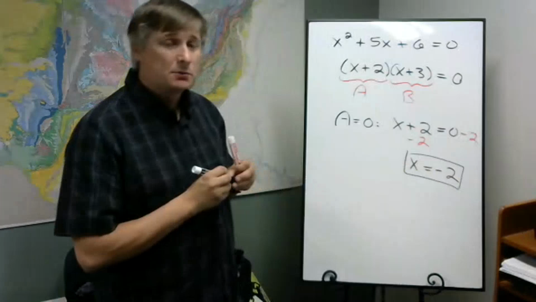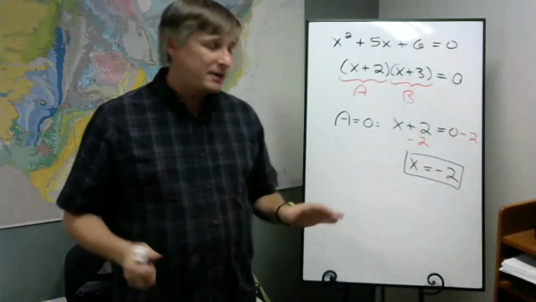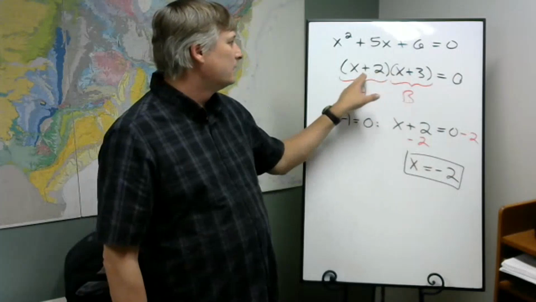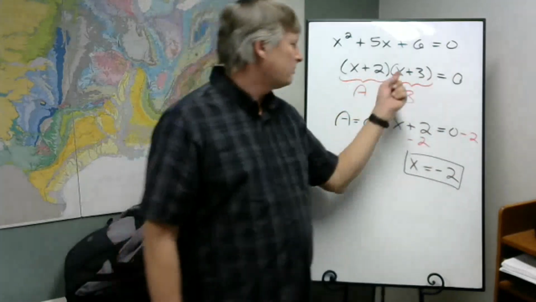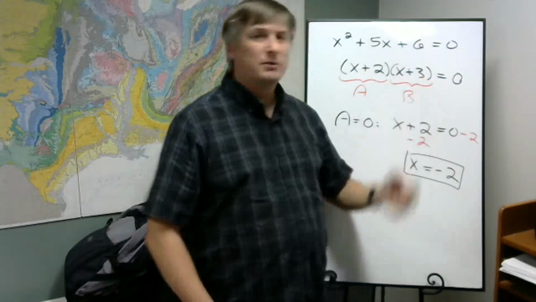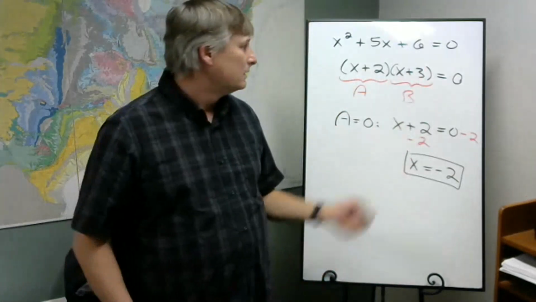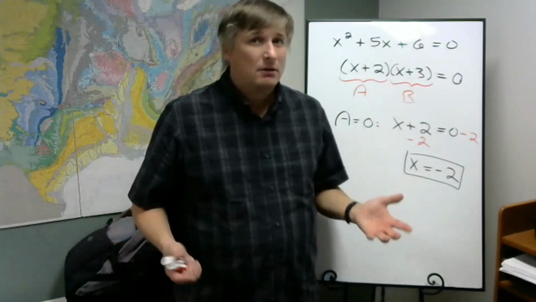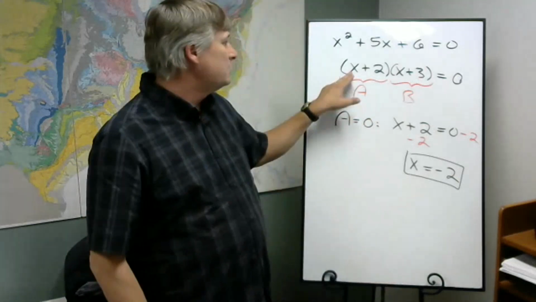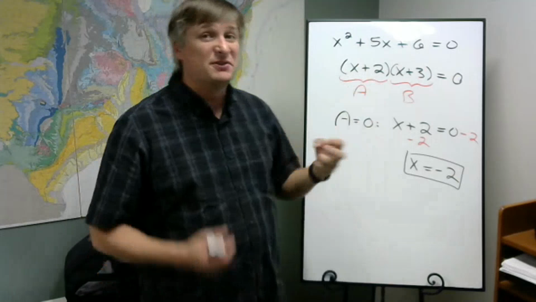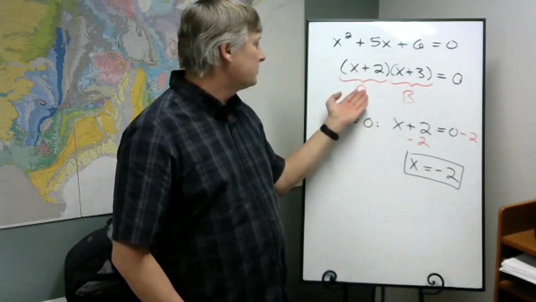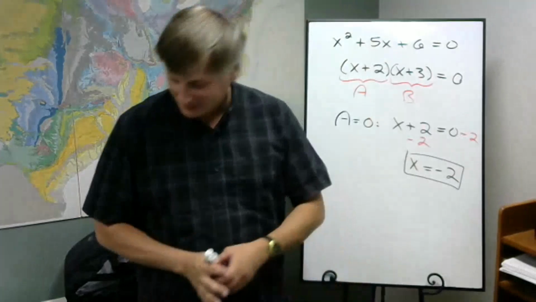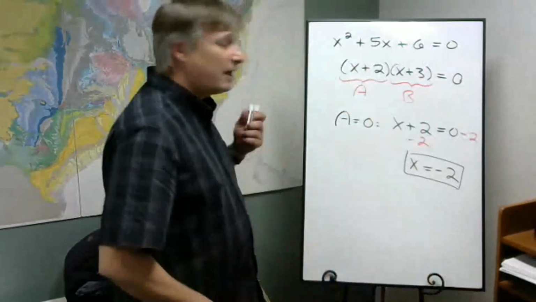So x is minus 2. Now what that says, if we take x is minus 2 and we put it back into this equation: negative 2 plus 3 is going to be positive 1. So this turns out to be positive 1 in that case. So it doesn't do anything. But negative 2 plus 2 is 0. So we'll get 0 times 1. That is still equal to 0. It works. Now, let's consider the other case,